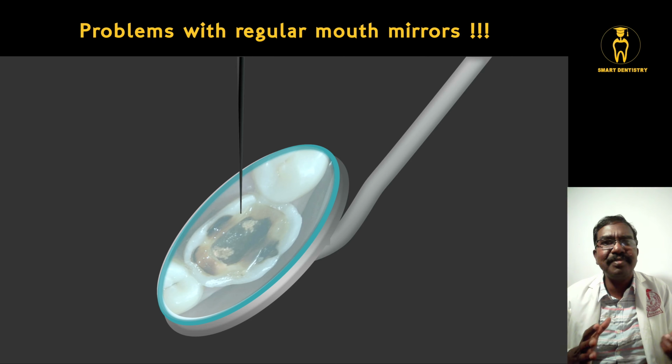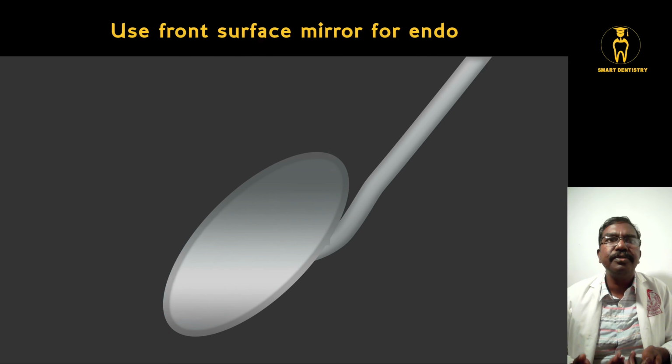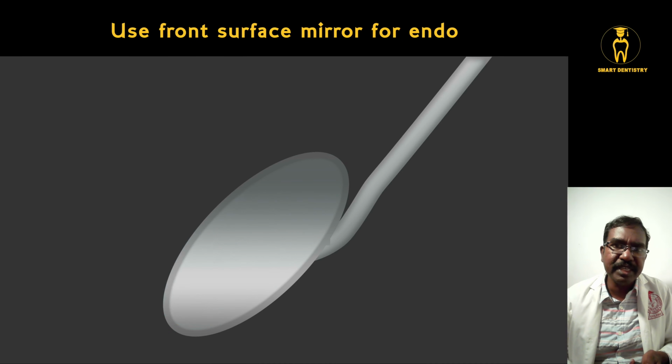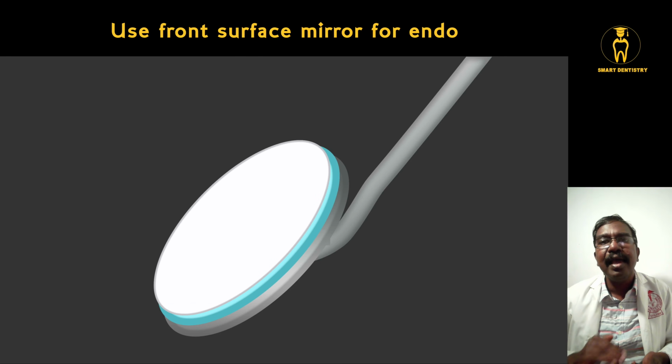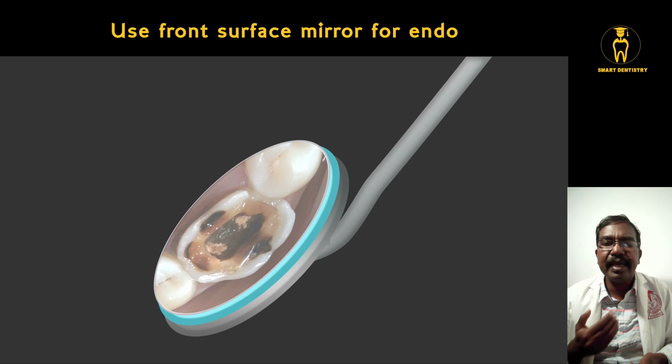So that have to be rectified. So in order to avoid that, we have the front surface mirror. In this front surface mirror, as there is a metal coating, on top of that there will be a glass, and the reflective coating will be given on the top. So whenever we are seeing, the image will be formed on the top surface of the glass, and that's